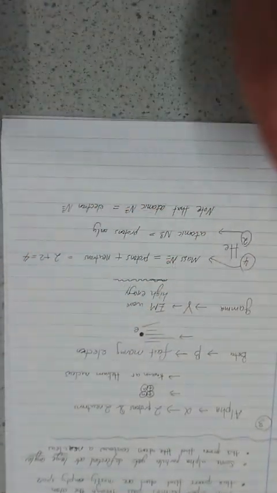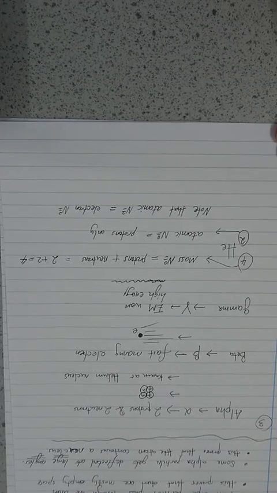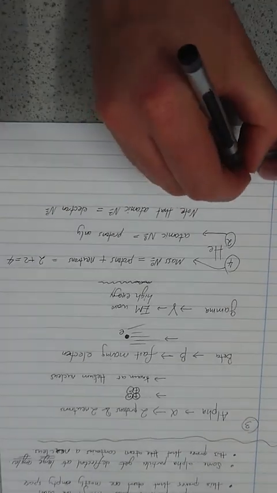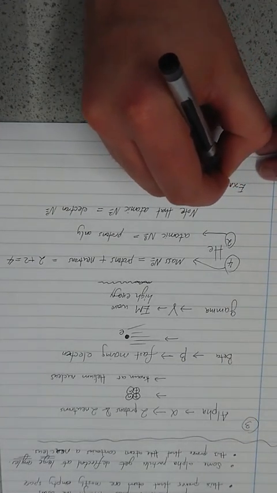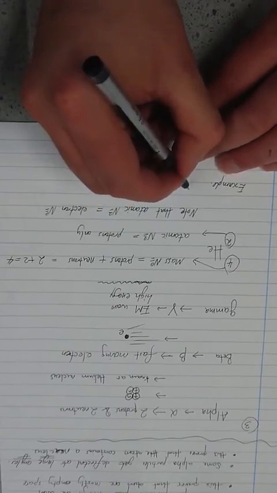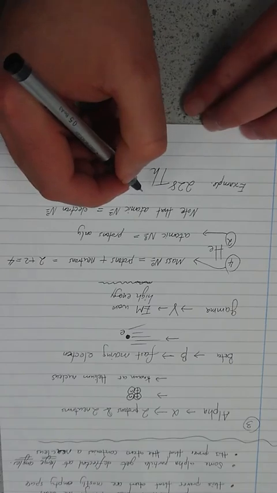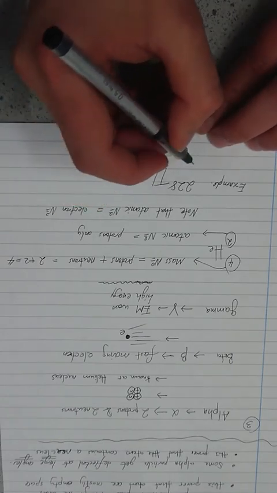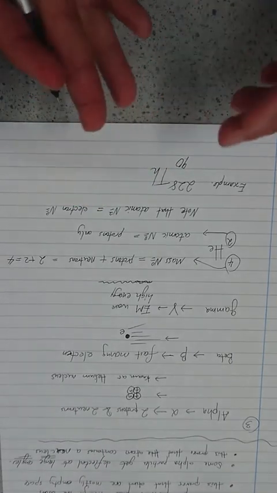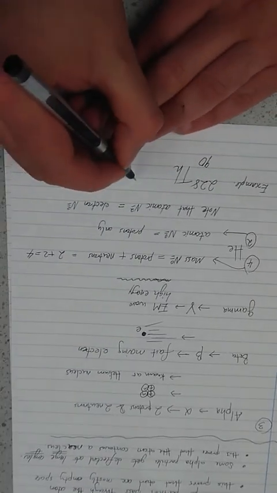So for example, let's take an element. Here we have an element, it could be any element, and the question will tell you